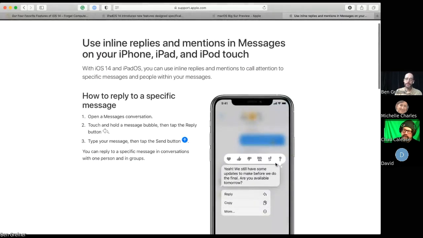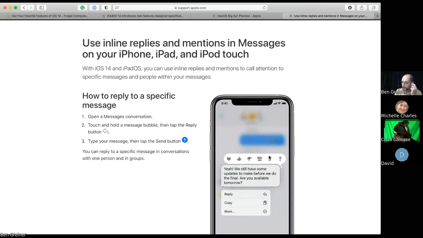But when you reply, you essentially reply in line, meaning if you've ever joined a chat and there are 10 messages that have been posted and you want to say something about the second message, it can often get confusing because you make a comment and people are like, "What are you talking about? That was hours ago." Totally. Right, so now you can go up to any of those messages, click and hold, click reply, and it will link it to the very message that you're replying to. And I think that's really nice.